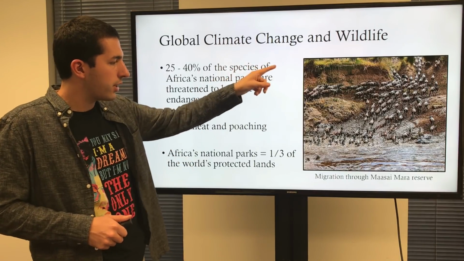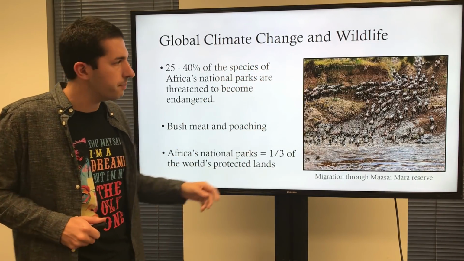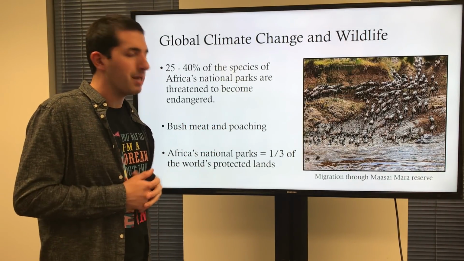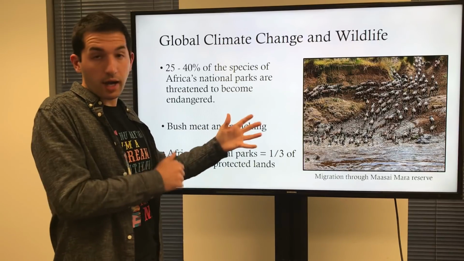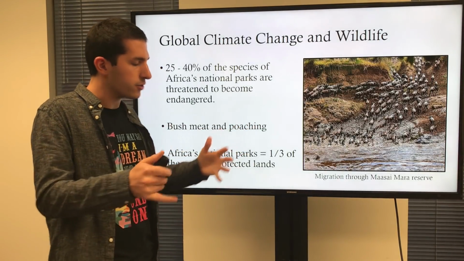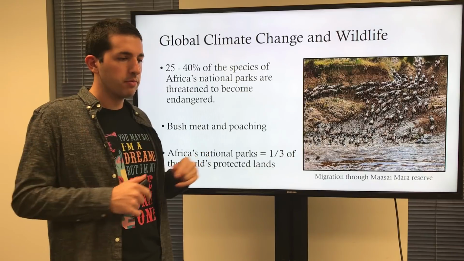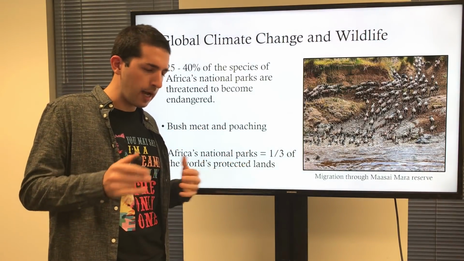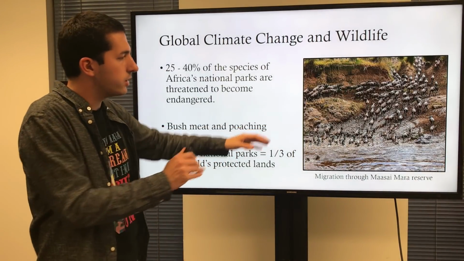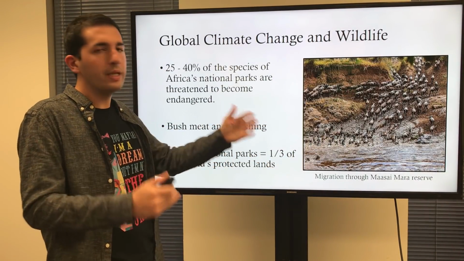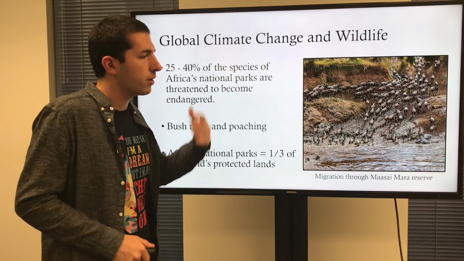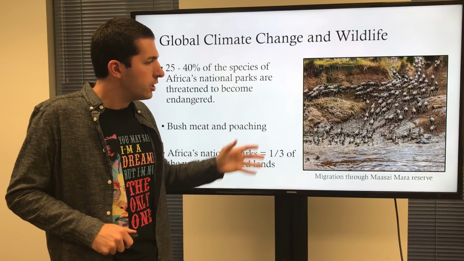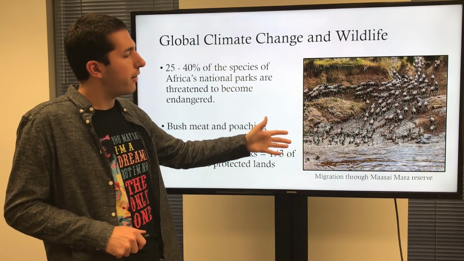And let's talk about the migration through the Masai Mara Reserve. There's a river here, and this is a big migration, over 1,000 miles. The book talks about this, I didn't make this up from any other sources. It's in the book. Many miles, thousands of miles, 1,000+ miles. I want to say 1,800, but I can't remember if it was miles or kilometers, so don't quote me on that. It's right in the book. Look it up. But all we need to know is that there's a migration of quite a distance for animals like wildebeest and zebras and gazelles, antelopes, and things like that to cross the river through the Masai Mara area.